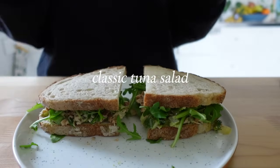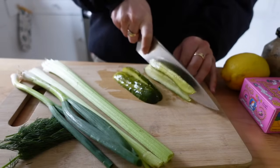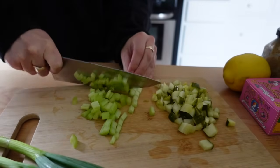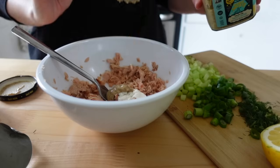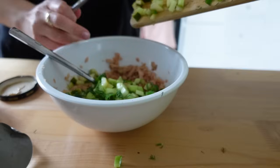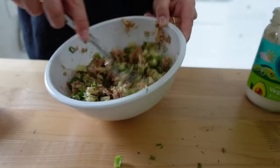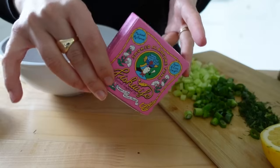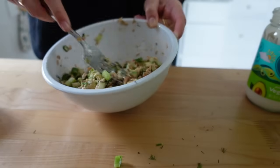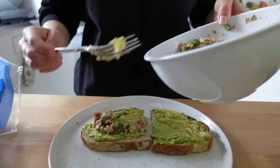Starting out with my favorite lunch of the moment, and that is tuna salad. I probably have this every other week, if not every week, with celery, pickles, green onion, and dill. I like to brighten it up with some lemon juice and use Dijon mustard and vegan mayonnaise to hold it all together. This time I also had a can of smoked tuna from Fishwife that they had kindly gifted me, but I usually just use Trader Joe's tuna, and I like to top my sandwich with some arugula, extra mustard,